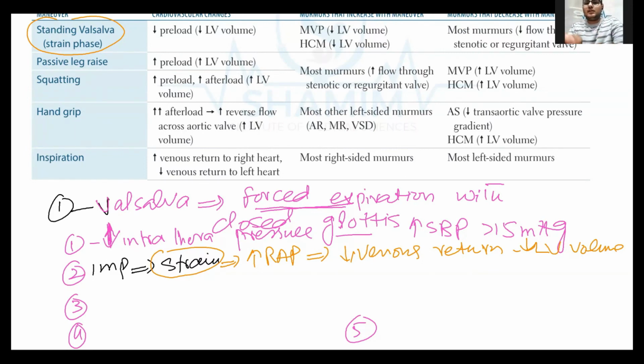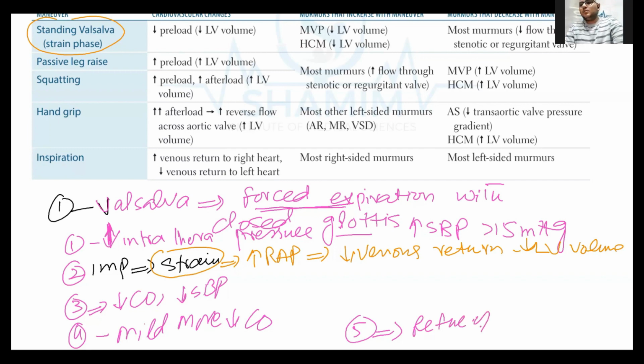उसको भी हम जल्दी जल्दी स्टडी कर लेते हैं कि व्हाट इज द थर्ड पॉइंट इन वेल्सल्वा स्ट्रेन। वेल्सल्वा का जो तीसरा होता है कि वो क्या होता है, जब वीनस रिटर्न कम होता है तो क्या हो जाता है, कार्डियक आउटपुट कम हो जाती है, सिस्टोलिक ब्लड प्रेशर कम हो जाता है, व्हिच इज फेज 3। फिर फेज 4 में क्या होता है, माइल्ड मोर डिक्रीज इन कार्डियक आउटपुट। फिफ्थ पॉइंट क्या होता है, रिटर्न ऑफ नॉर्मल कार्डियक आउटपुट।